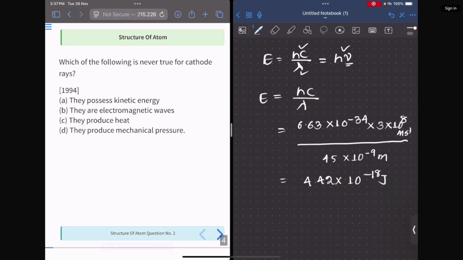So let's move on to the second question. The second question is asking: which of the following is never true for cathode rays? So first of all,